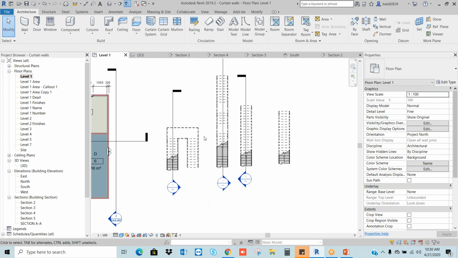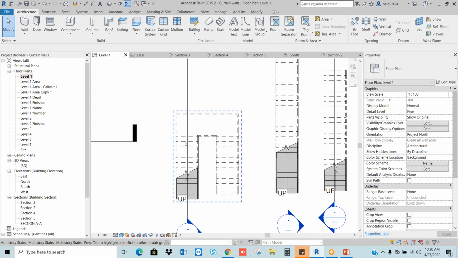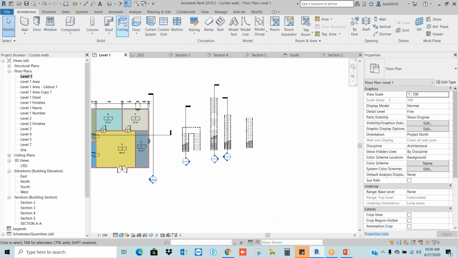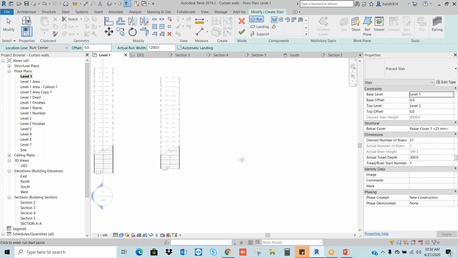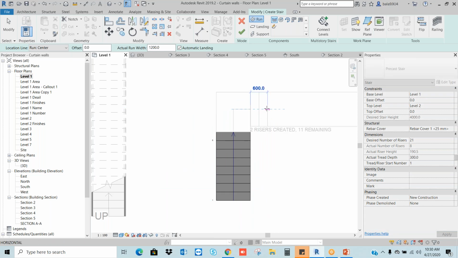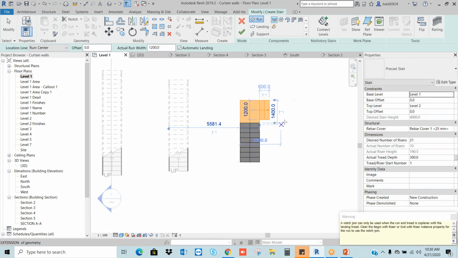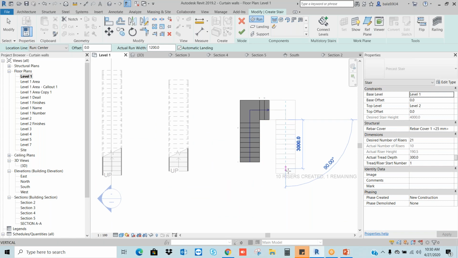For example, now for this staircase, I want to draw one more staircase to explain. Go to the staircase, let's say 8 risers, and I want to give one more landing in between like this. Okay, and I want to give one more landing.